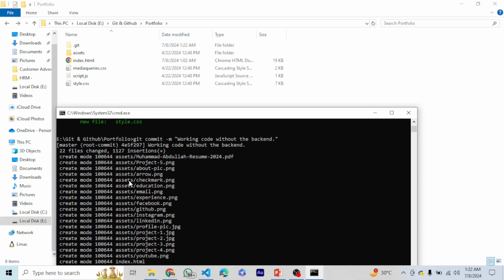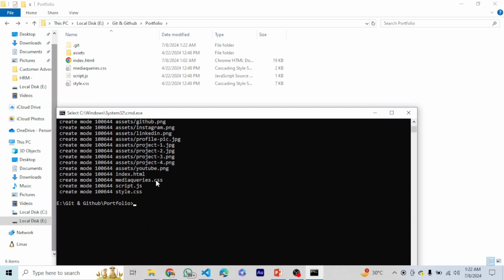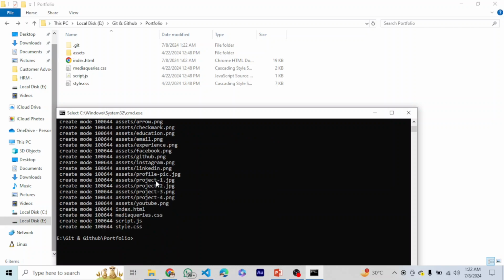So here you can see it says 22 files changed, 1127 insertions. These are basically just lines of code that are inserted in our GitHub repository. Now lastly we need to enter the command git push